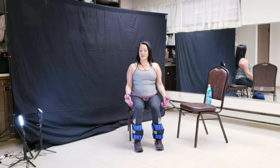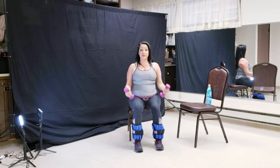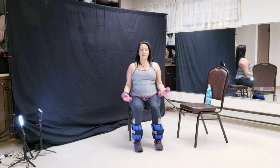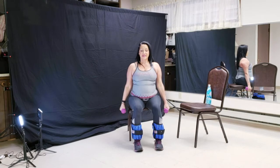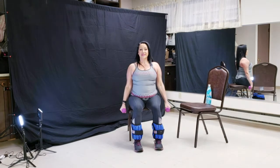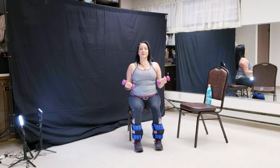All right, and then back to upright arms, wrists facing your thighs or your hips, and back to arm curls. So little twist of the elbow to bring the wrist toward the inside of the shoulders and down, the fronts of the shoulders, and 2. Squeeze. 3. 4. Release resistance. 5. 6, 7, 8, 9,